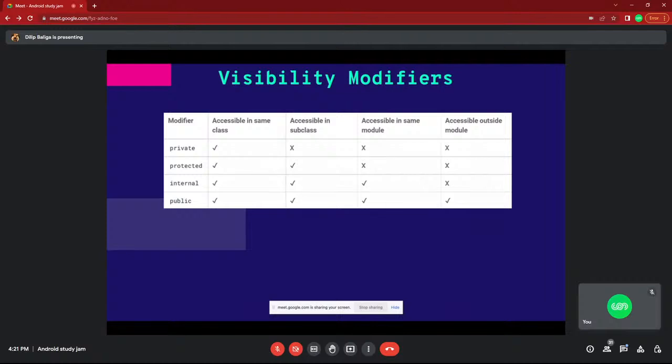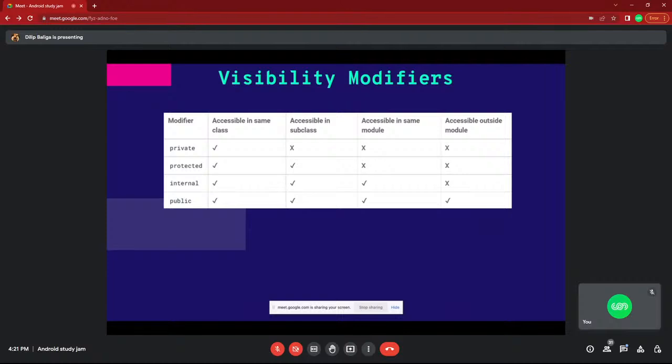If I make the variable protected, name equal to Dilip, then the name property can be accessed from my child class. Whatever derived class is there, it can access that name property.